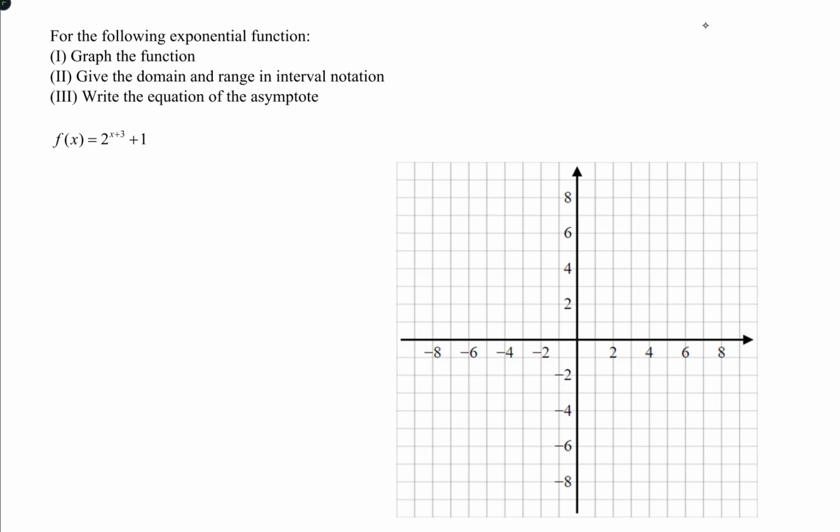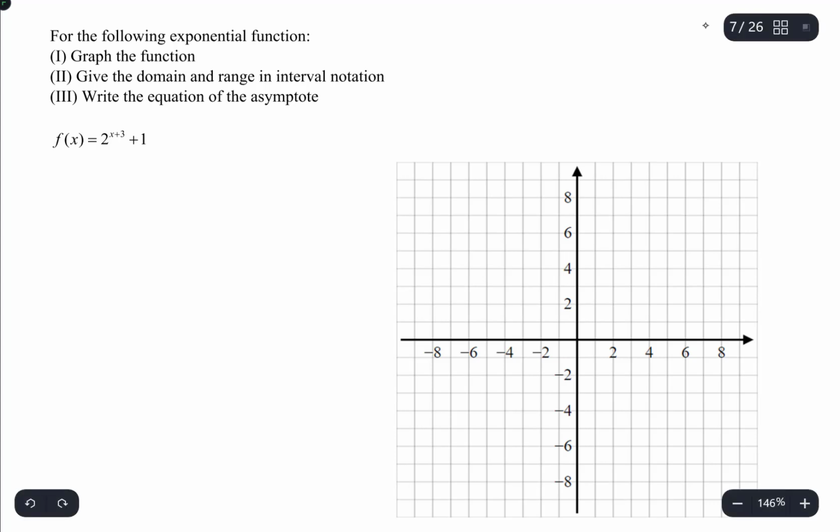For the following exponential function, first graph the function, then give the domain and range in interval notation, and finally write the equation of the asymptote. So looking at our function, f of x equals 2 to the x plus 3, plus 1, the things that